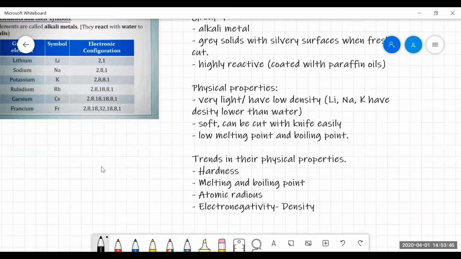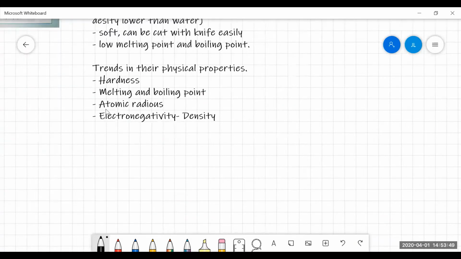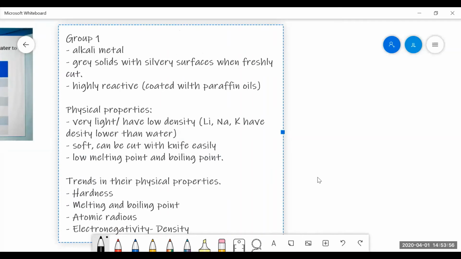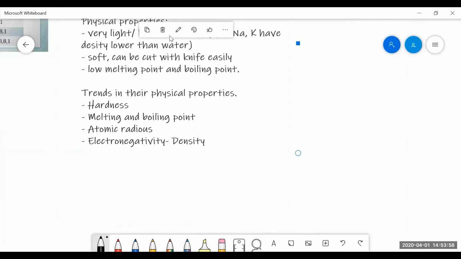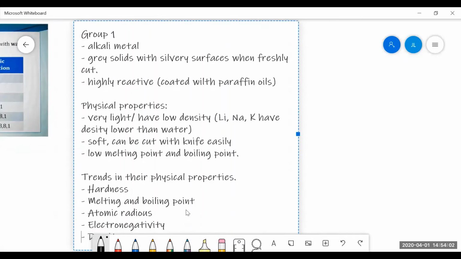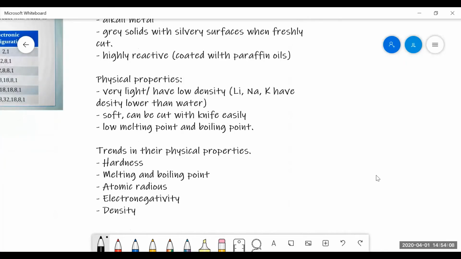Okay. Trend in their physical property: hardness, melting point, boiling point, atomic radius, electronegativity, and then density. So if we move down from lithium until francium, from period 2 until period 7, what happened to the